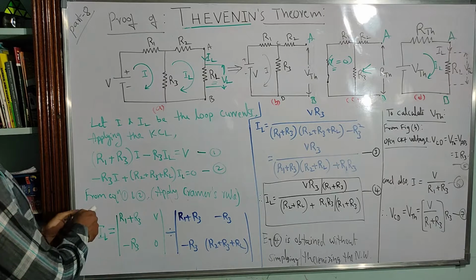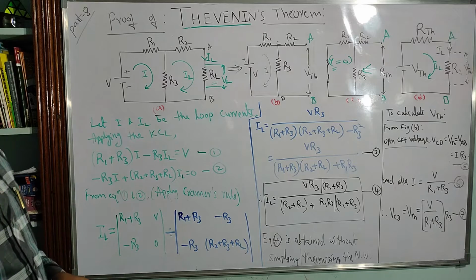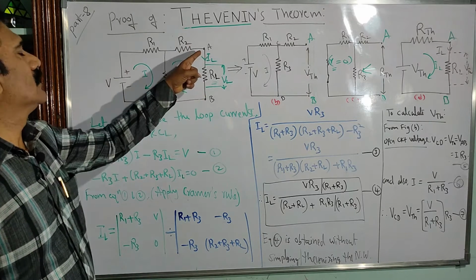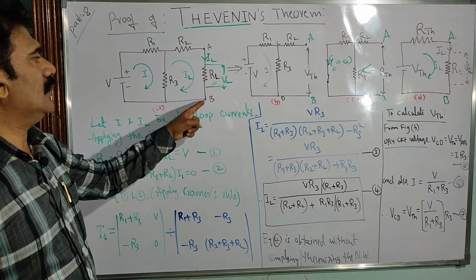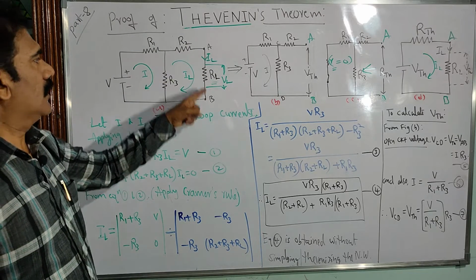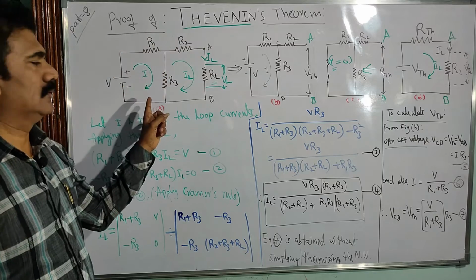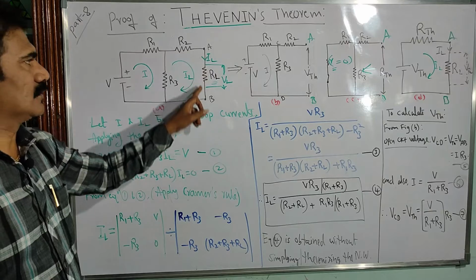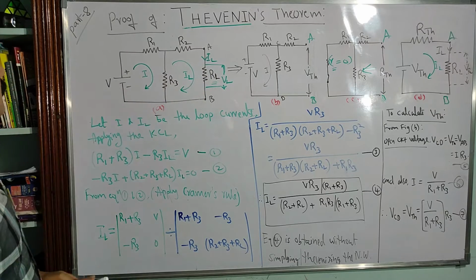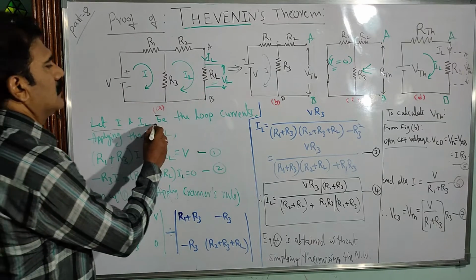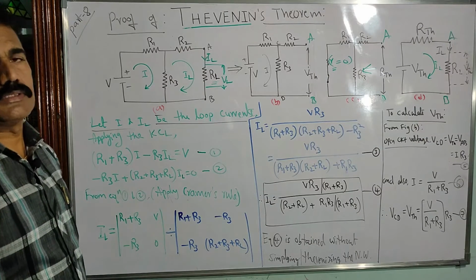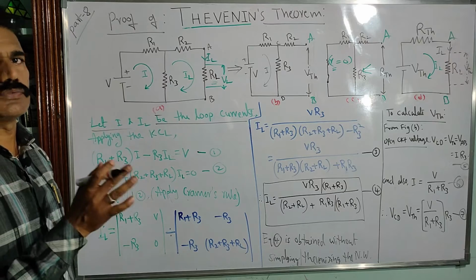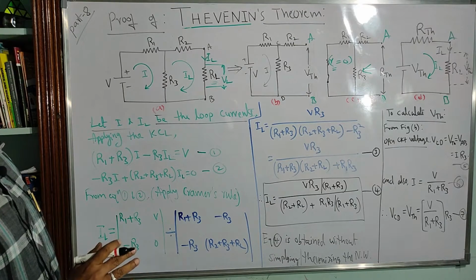In the first figure, figure A, first let us try to get the equation for the load current. Let us find the load current through RL according to this given network, that is, before Thevenizing. What is the equation for IL through RL? For that let us follow the simple laws, not Thevenin's theorem. What is the simple law we discussed before Thevenin's theorem? That is Kirchhoff's law, isn't it? So use Kirchhoff's laws first.